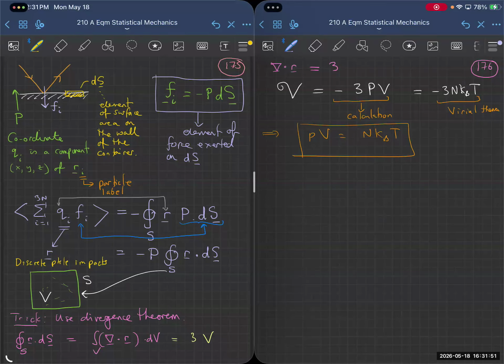And then this on the right-hand side is the coarse-grained pressure. So you can see there's a pressure, but it's just one particle hits it, there's a delta function in pressure. Averaging over all the particles hitting the wall, then you get this average pressure, which is the thing that you actually measure. So the point is that the